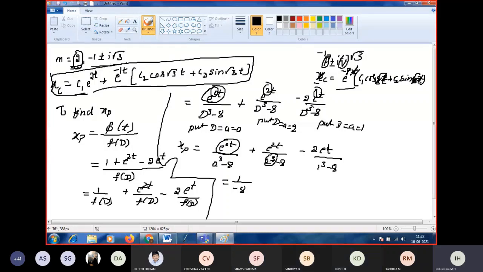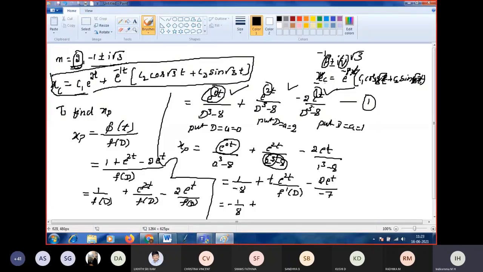If it is 0, what should we do? Multiply x in the numerator and f dash in the denominator. Instead of x what? T. Multiply the numerator by t and consider the denominator as f dash of d. Here 2 e power t divided by 1 minus 8 is minus 7. Next, we have to simplify the middle term only. Otherwise, you can take this as equation 1. Separately, you can find the values for the first one, second one, third one. Then you can substitute.